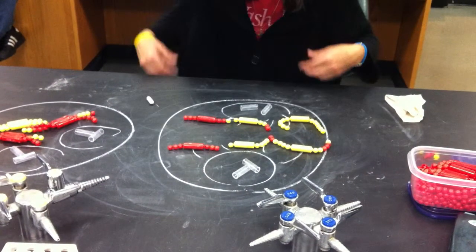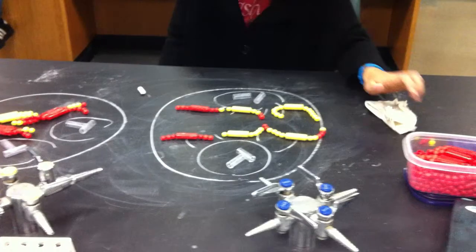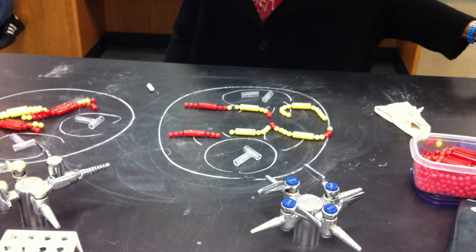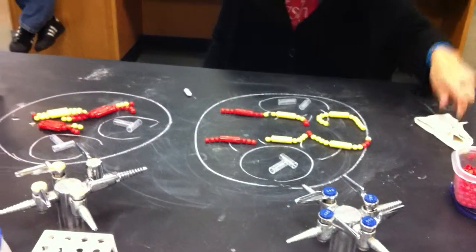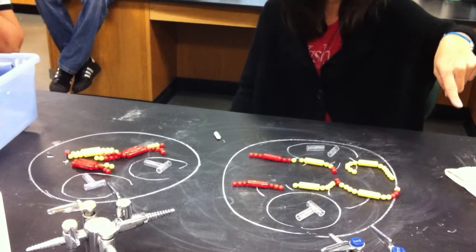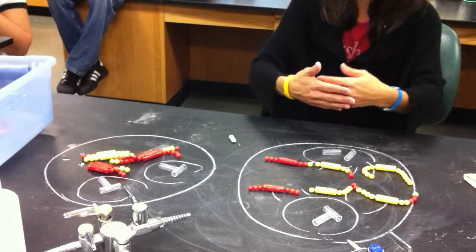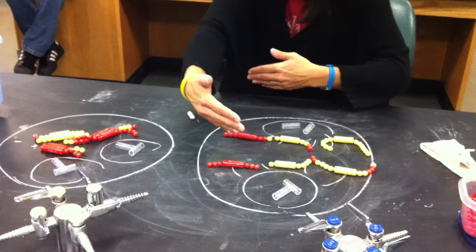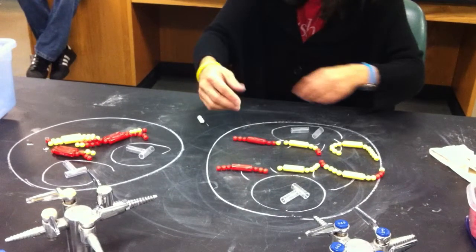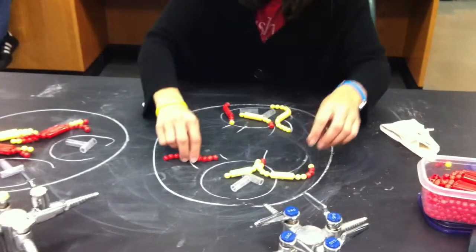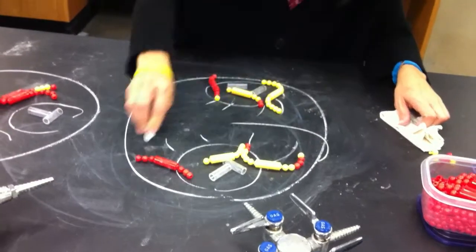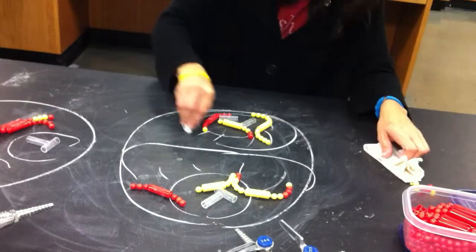Now, how many chromosomes do I have in this cell? 6. How many did I have to start with? 3. Okay. How many did I have at the beginning of meiosis? I had 6 at the beginning of meiosis. During anaphase 1, when my homologous pairs separated, I still had 6. Now during anaphase 2, my sister chromatids separate, I still have 6. Okay? When I get to telophase and cytokinesis and I split my cell off into 2 daughter cells,